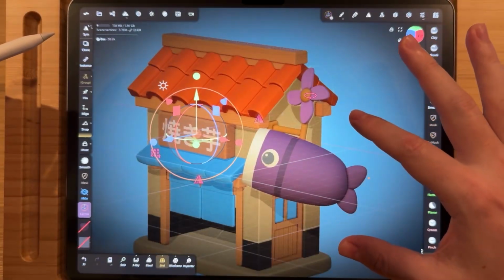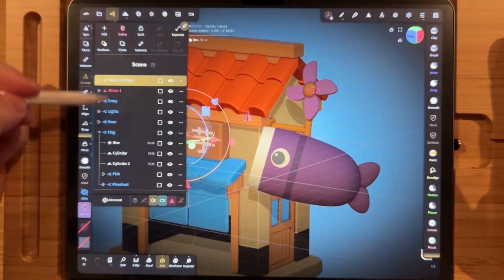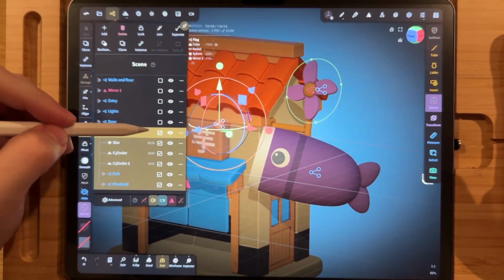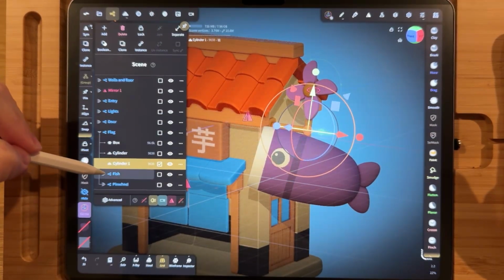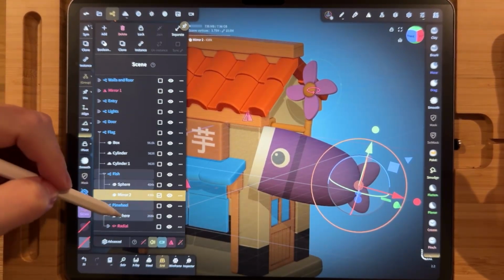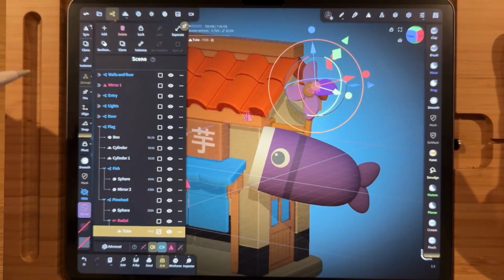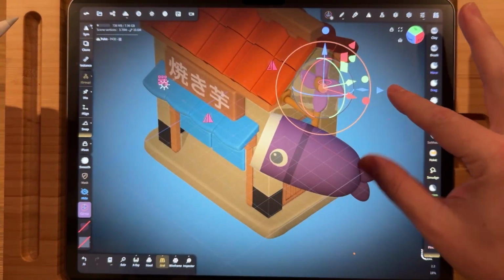So, what topics are we going to cover? We are actually going to be focusing on this area, and we're using the box cylinders. And for the fish, we'll be using a sphere, a mirror tool with some more spheres. And for our pinwheel, we'll have a centered sphere, and then we might use this tube tool to get the actual,